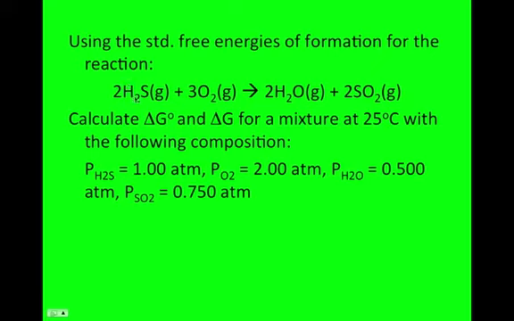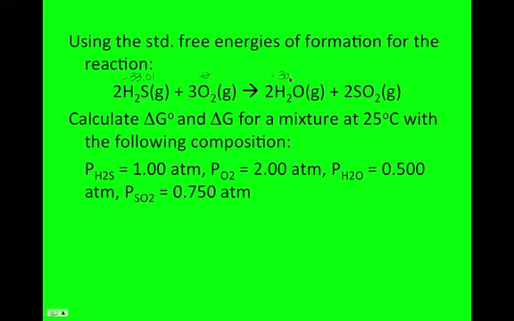For H2S, we have a value of negative 33.01, and the units on all of these are kilojoules per mole. The value of G for oxygen is actually 0. For pure elements in their pure state, the G values are 0. For water, it is negative